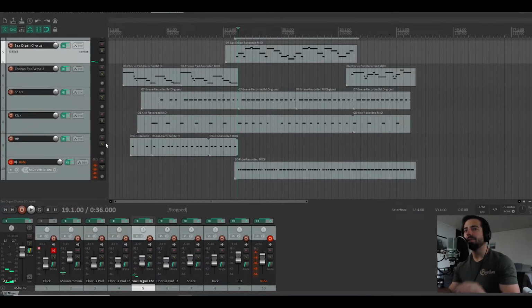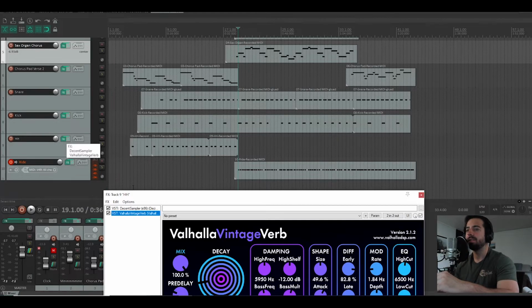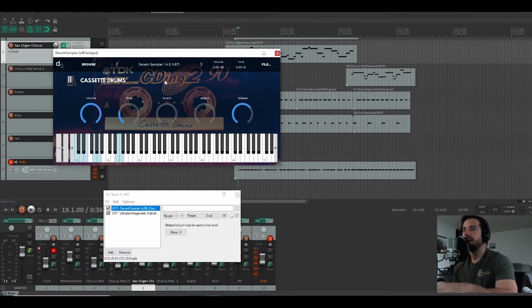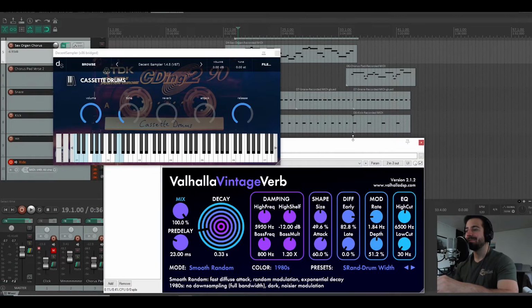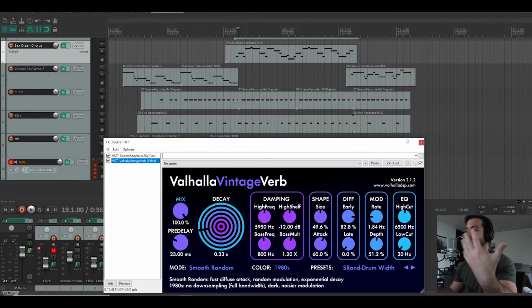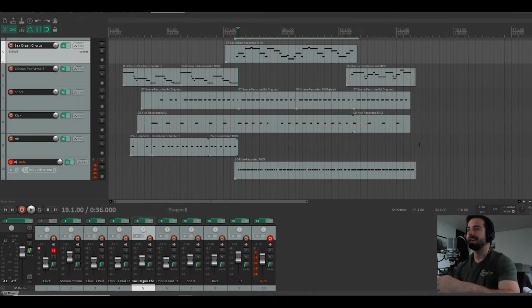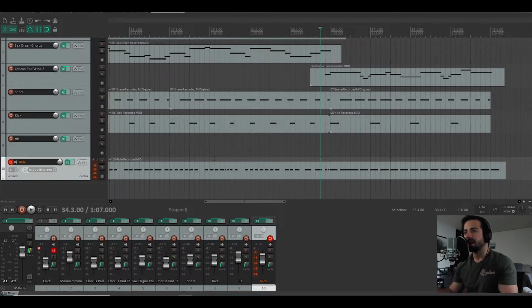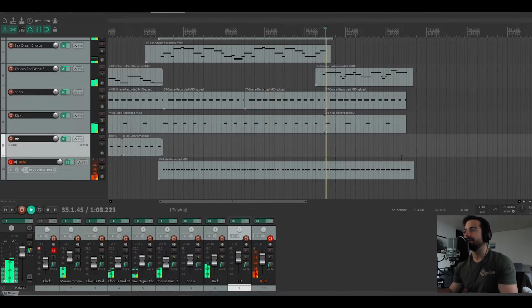Things are sounding pretty cool now. I'm generally not huge into using the kit sound, but it really was kind of calling for it here. And I think the combination of this really neat cassette drum kit that has a cool crunchy sound, combined with a bit of verb, a nice big vintage-sounding thing, really makes it interesting. I also carried the ride out into this verse here,